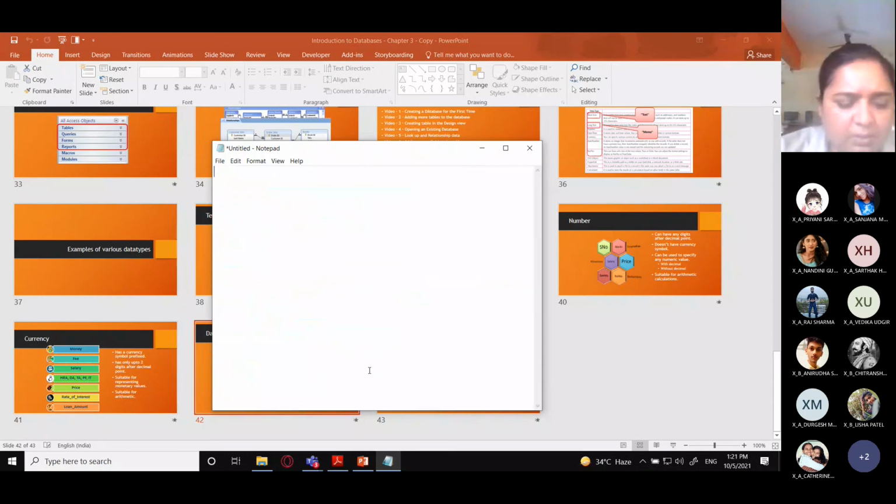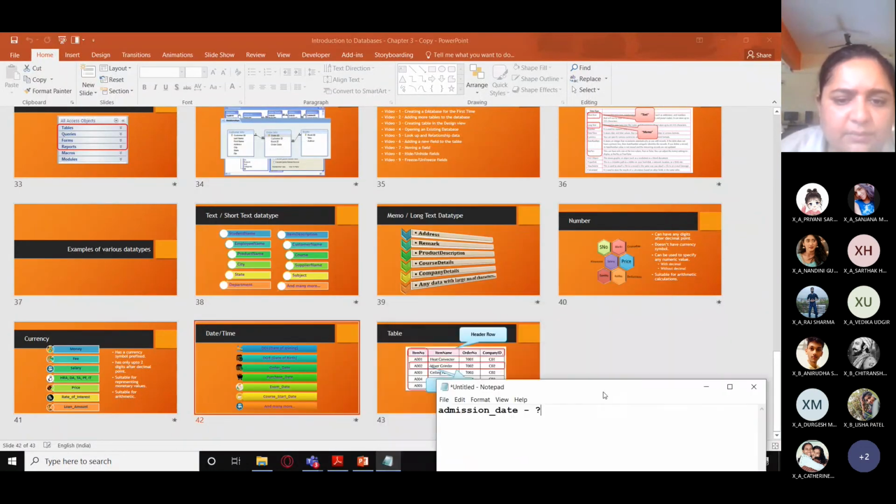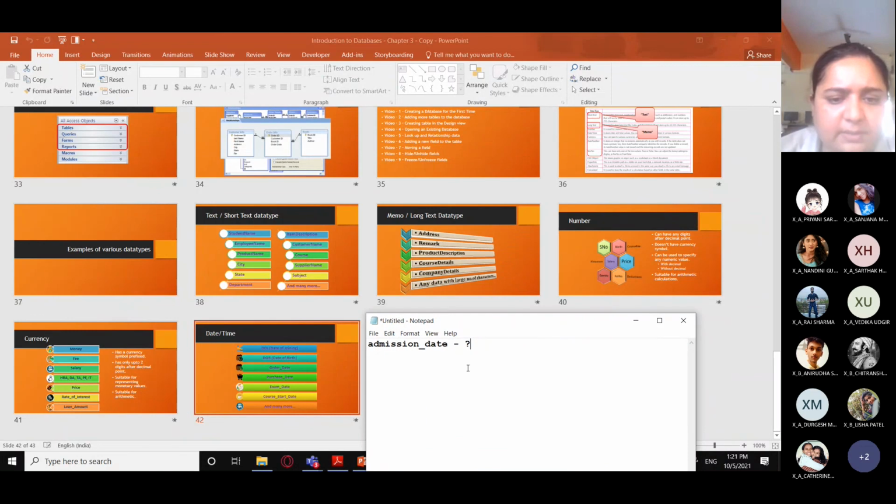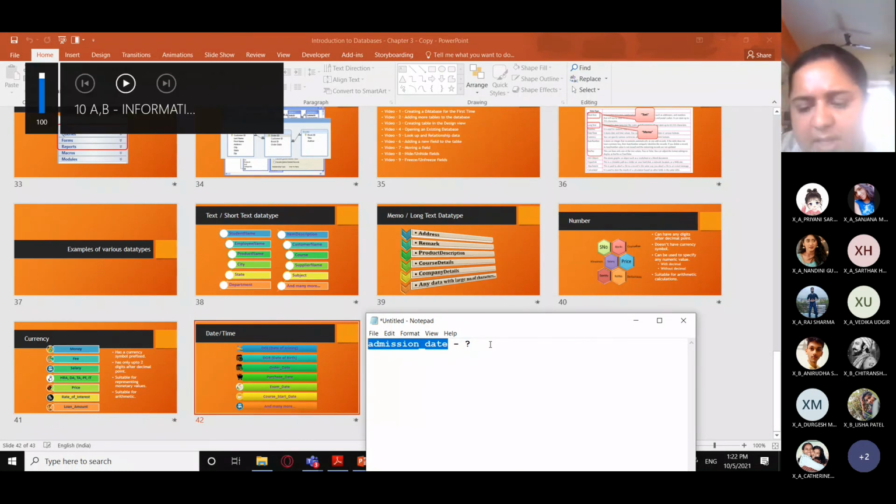Next, let's talk about, suppose I write here admission date. What type of data will this be? You can see various data types over here on your screen. Which data type would be most suitable for storing this type of data? Put on your thinking caps and tell me.